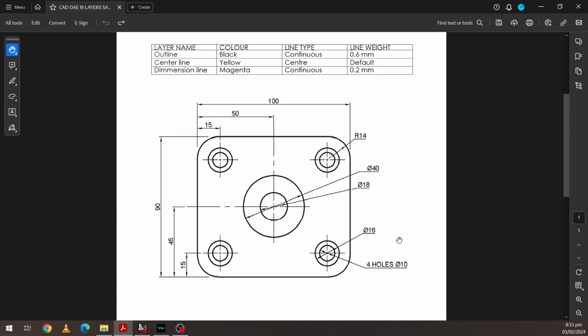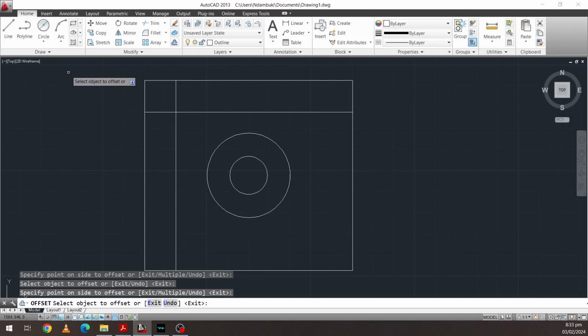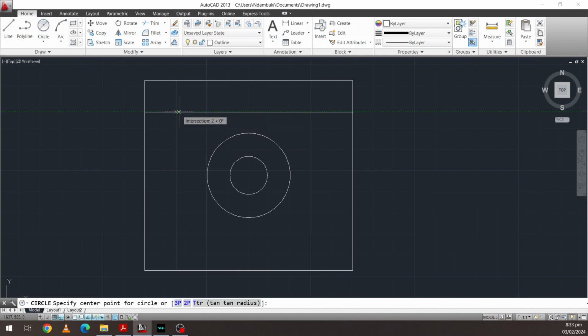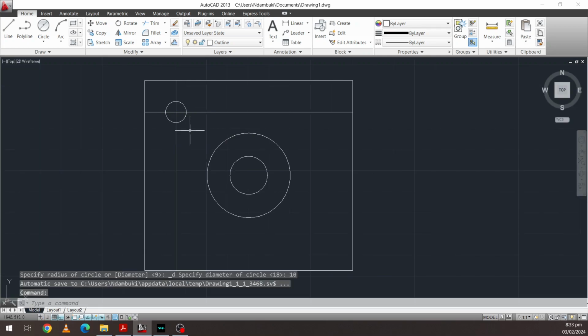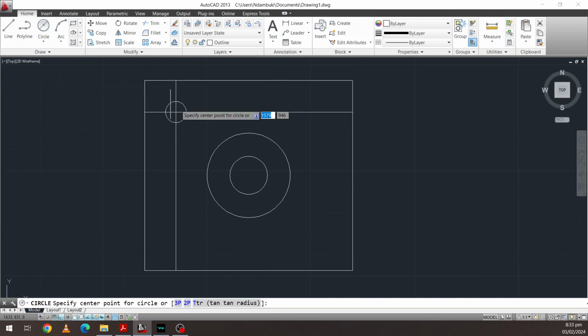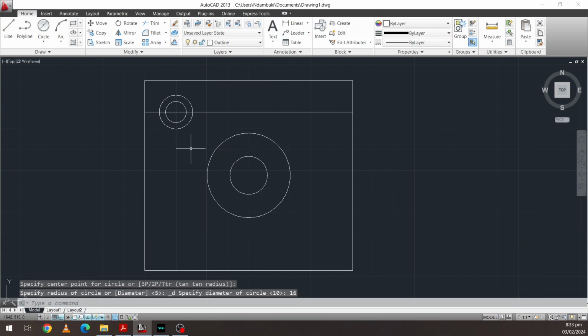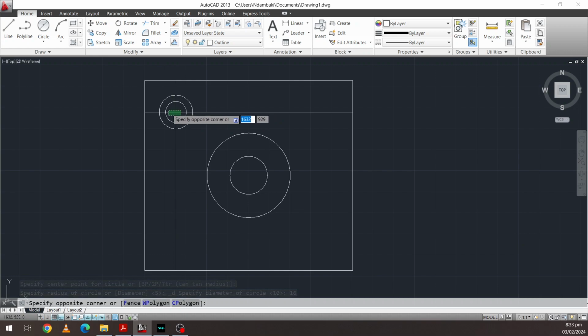So you need a diameter 16 circle and a diameter 10 circle. So choose circle, center diameter, place your mouse there until it shows you intersection, click on it, then diameter 10, press enter, then repeat the same command from that point, diameter 16. Then you can simply delete these two lines that you used as the reference lines, or in this particular case,